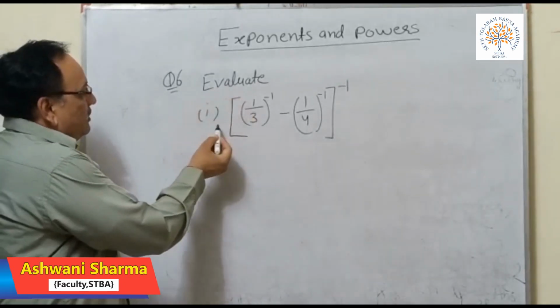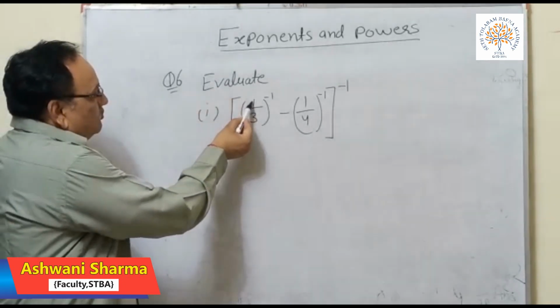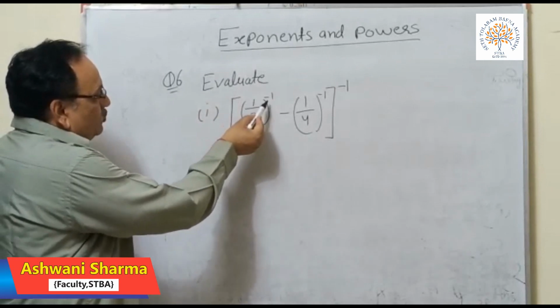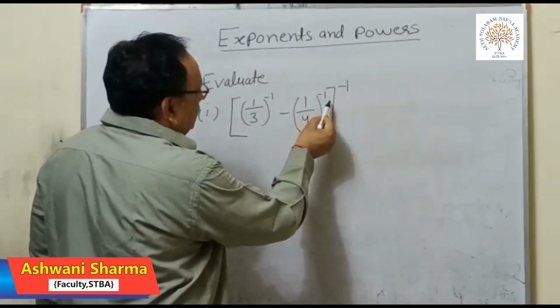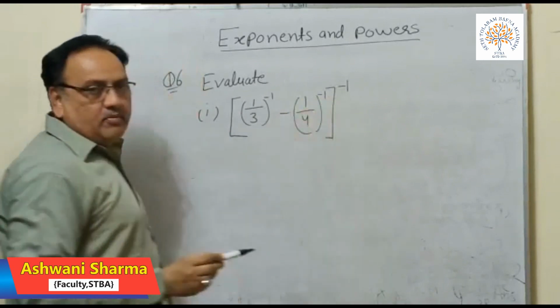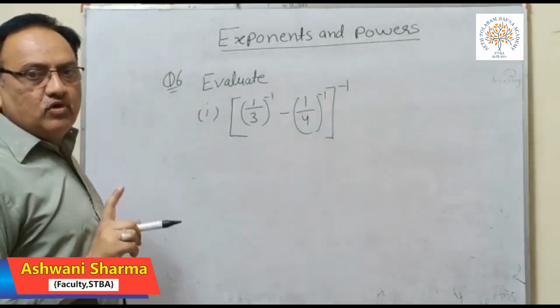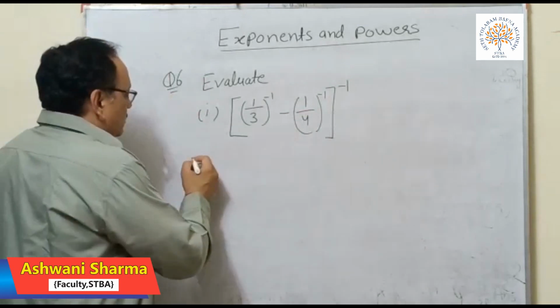Evaluate. The question is, bracket close, 1 by 3 raised to the power minus 1 minus 1 by 4 raised to the power minus 1, whole raised to the power minus 1. Now we have to evaluate it. Solution is,